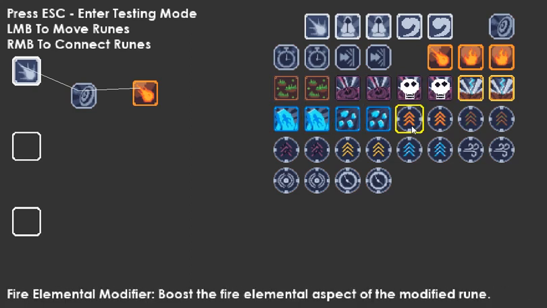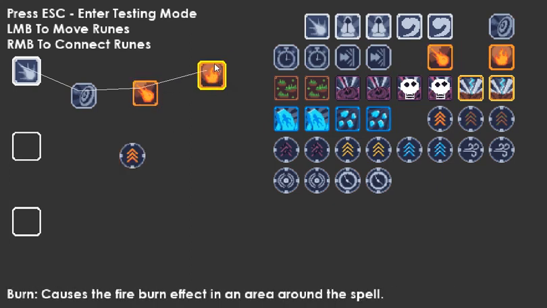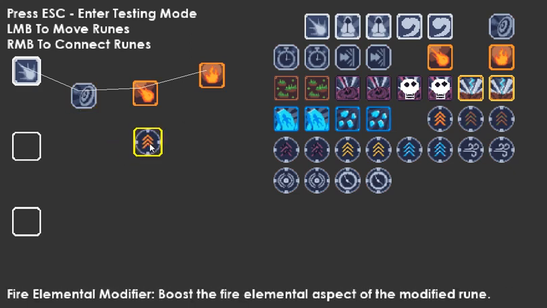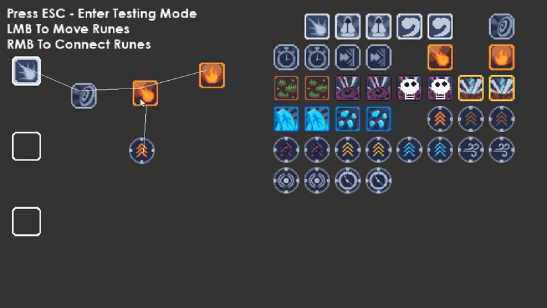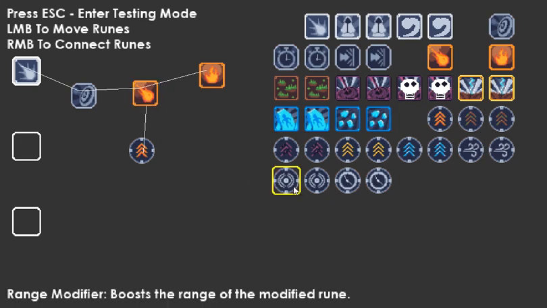The final type of rune is a modifier rune. These ones do not perform a specific function, but they can be used and attached to other runes to make them more powerful. So let's say we add this burn here. This is a fire burst, and then burn. This is a regular spell. We want to modify that. Take our fire elemental modifier. We can connect it this direction to the fire burst, and that will increase its damage because it's a fire element type. There's other runes like the range modifier